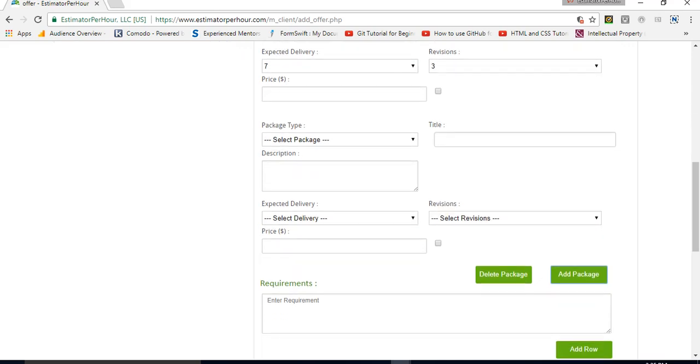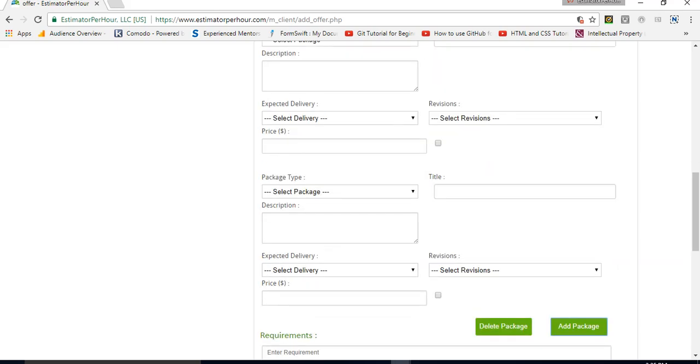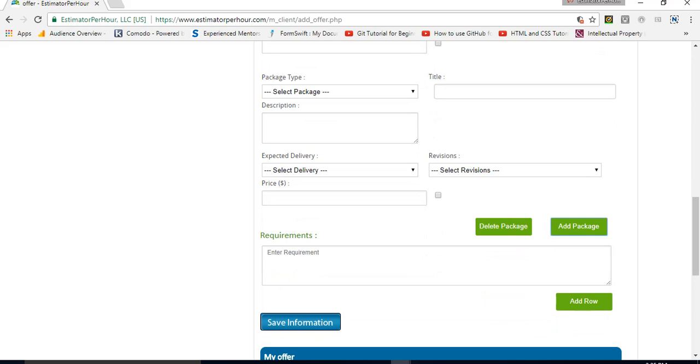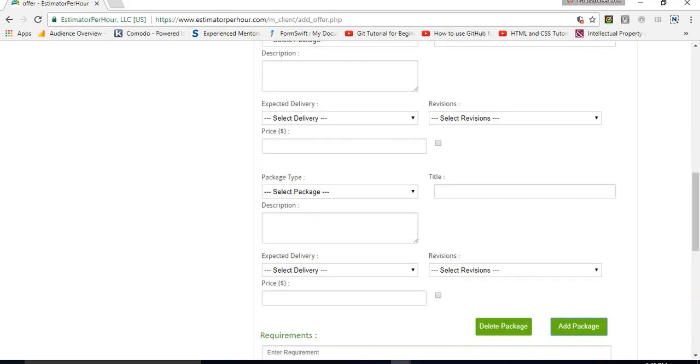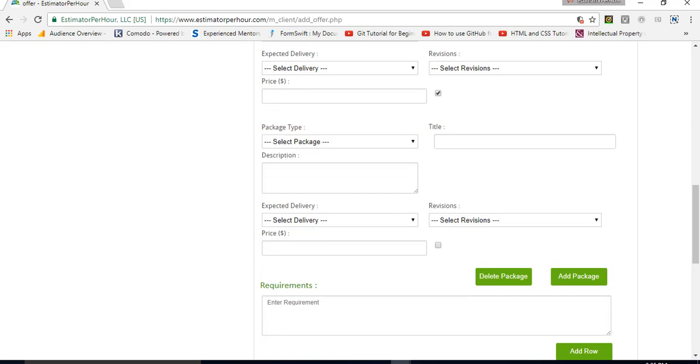Once you filled it up, if you still want to add the package, then just click another add package for package 3. And if you think you have some mistakes, or you want to delete the package, just click this small box, check that, and then just click the delete package, and it will be deleted automatically.